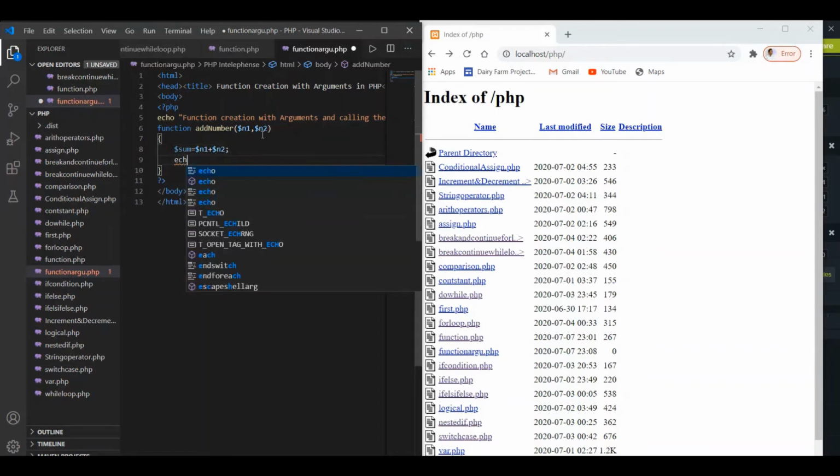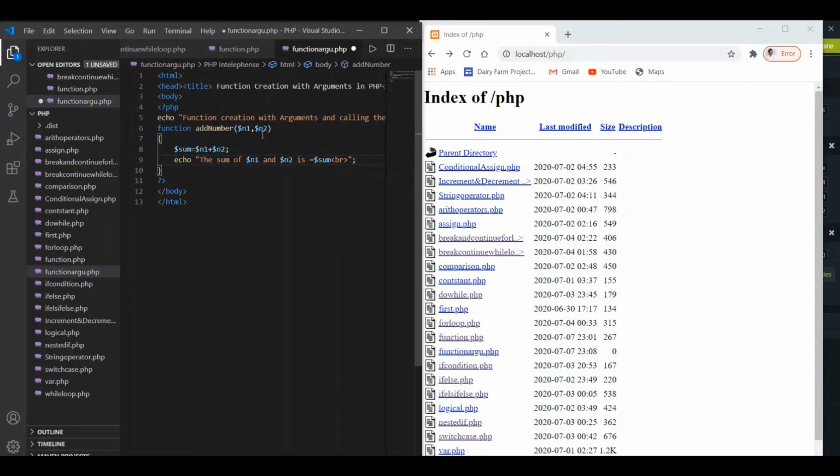So here I am using echo to display the result. The sum of variable n1 and variable n2 is equal to, and after this I would like to display the value of sum, and I just wanted to give a line break, so I am using the br element of HTML, then put the semicolon as sentence terminator.